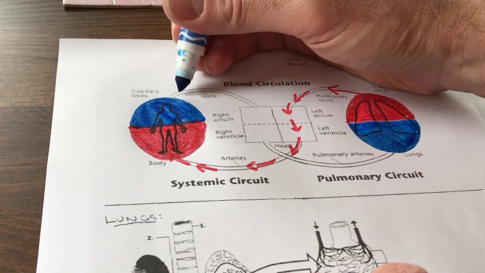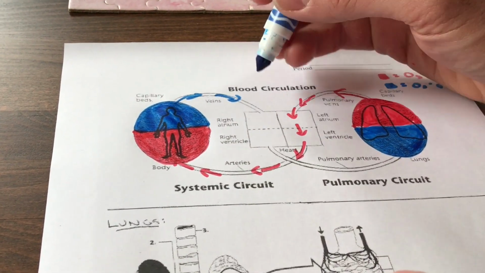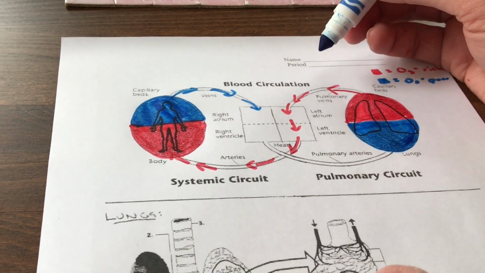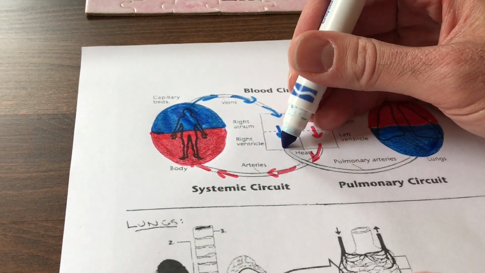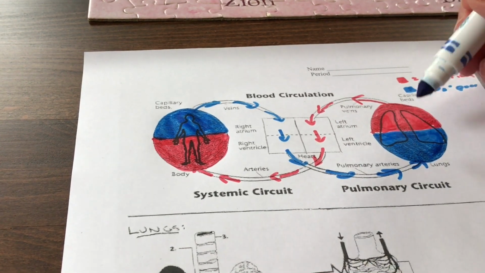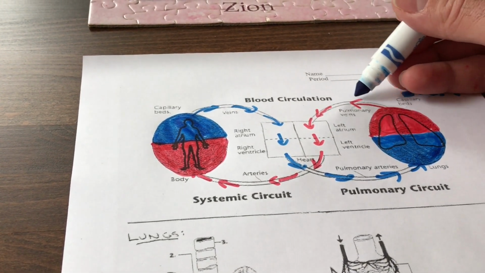And this oxygen poor blood then returns to the heart, again through a series of veins. This time it goes to the right atrium. The right atrium pumps it to the right ventricle, and then the right ventricle pumps it back to the lungs, where this cycle repeats. More oxygen diffuses into the bloodstream from the lungs, and then we go back to the